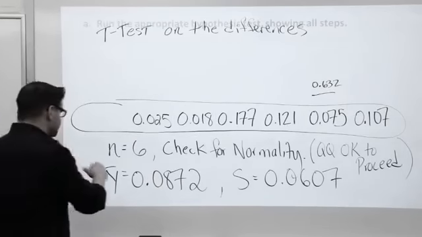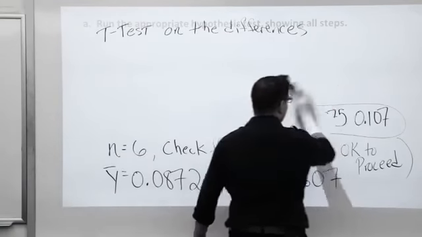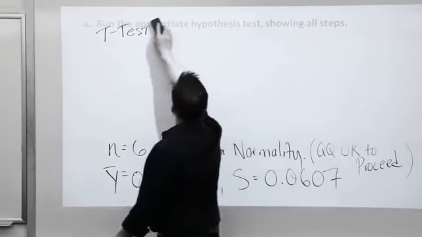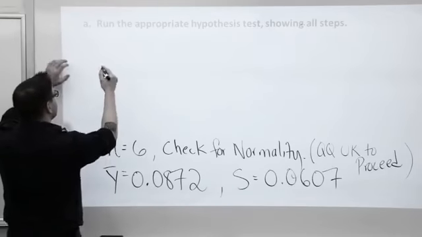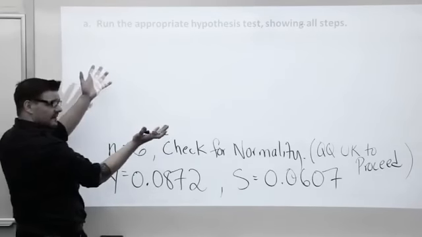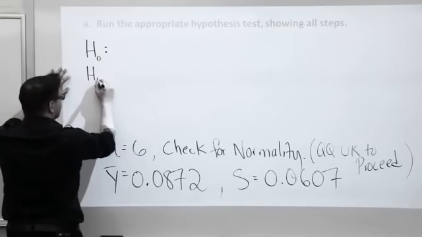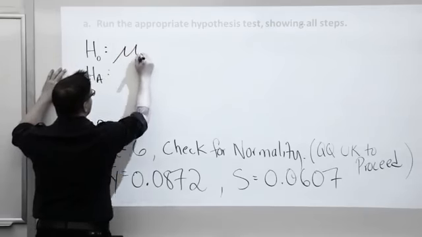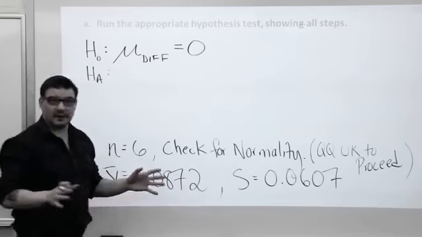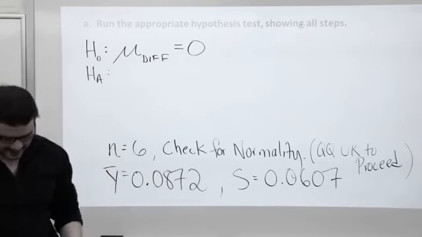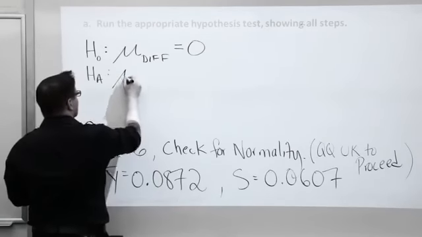showing all steps. And so we have paired data. It's two samples paired. Let's see here. We've already sort of checked the conditions, at least verbally, so I'm just going to get right to it. H sub 0 versus H sub A. We'll presume that the mean difference is 0. There's no difference between surface zinc and bottom of the river zinc. The way that we subtracted them,